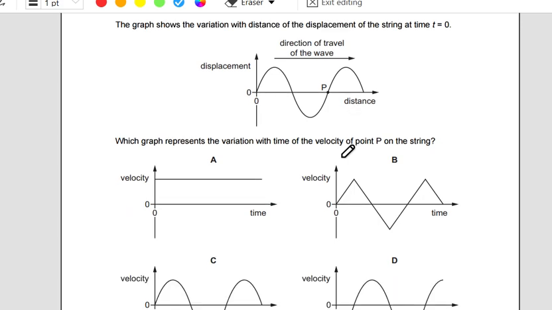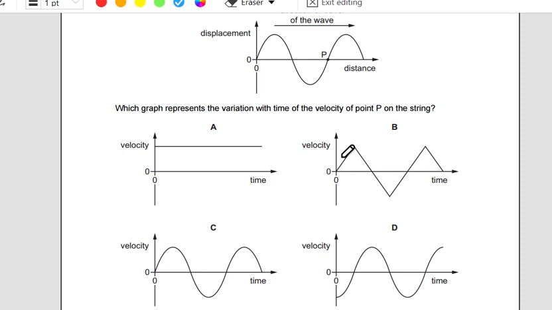For a student who studies A2 level, it will be an easy question because this is a kind of simple harmonic motion, and they know that a displacement versus time graph can be used to know the velocity versus time graph, but here is for you as an AS student,